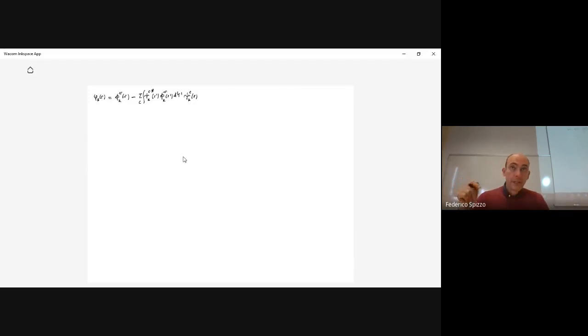So what happens if we introduce this wave function into the Hamiltonian? So the Hamiltonian, in this case, we know that this Hamiltonian has a solution because we have already solved the problem. So we know that E of k has a value, it is known. It's a number that we know because we already have solved the problem. Let's just try to replace phi of k with this new expression